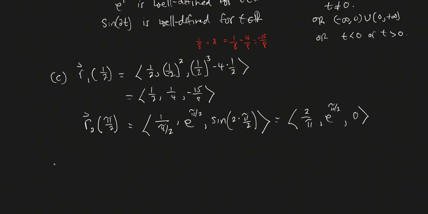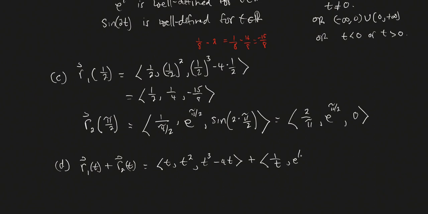But we were given two vector functions. Well, the thing is, we can actually combine them. We could figure out what is r1 of t plus r2 of t, right? This is an operation that we can do with functions where you take two separate functions, add them to get a third function, and that's exactly what we can do here. So r1 is t comma t squared comma t cubed minus 4t. And if I add to that my second function, 1 over t, e to the t, the sine of 2t,